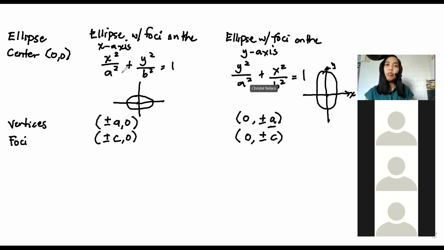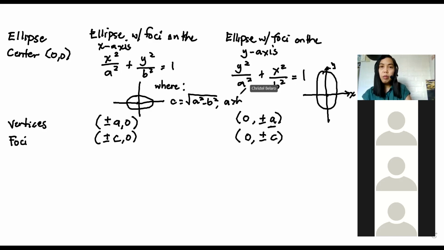Okay. By the way, class, how are we going to find the value of c? For ellipse, always use that c is equal to the square root of a squared minus b squared, where a is always greater than b, because a is the major axis and b is the minor axis. Okay? So vertices, foci, we have